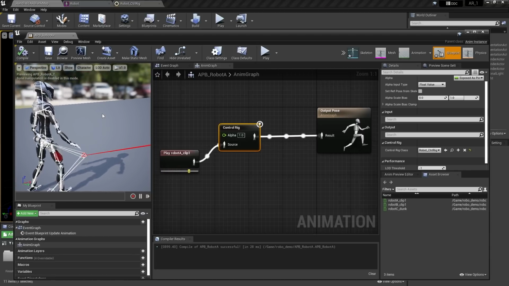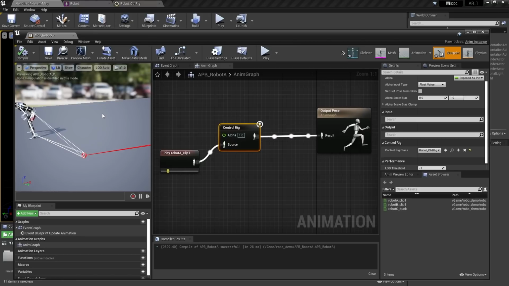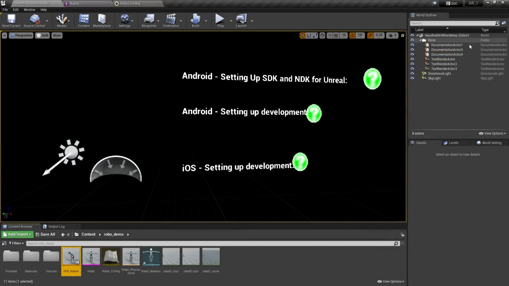So how do we do that? Well, it's with the help of one more simple blueprint. So we'll save this out, and we can close this guy down. The next thing we're going to do is use a blueprint to attach some polygons to those virtual bones to create the shadows. And actually, before I do that, let me rename this guy. I've got to reverse those guys. So that's a little bit better.